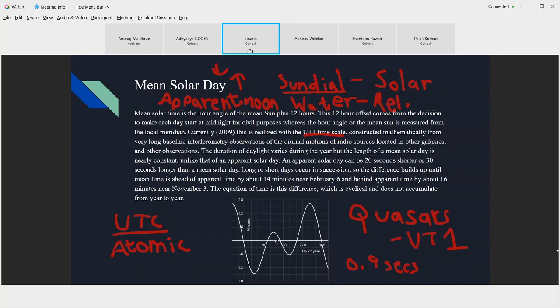So what is this graph? If you keep a sundial for, let's say, a year, you will notice that it doesn't always point at the right time. Why doesn't it point at the right time? Because of various factors about the Earth's revolution around the sun, and the fact that the Earth revolves in an elliptical orbit. So the length of the day, or rather the time at which the sun is at the highest point, actually varies from time to time. So this graph tells us about it.